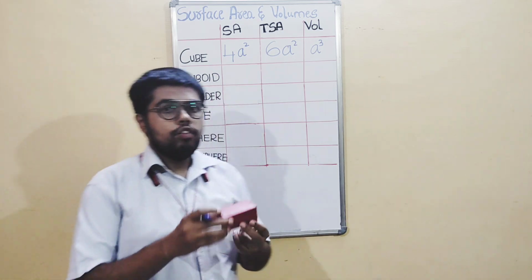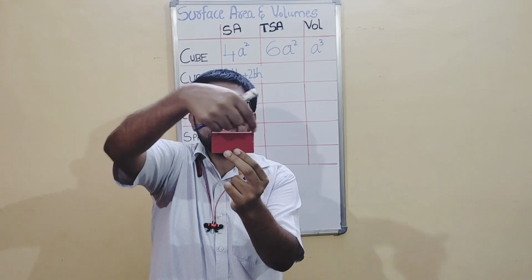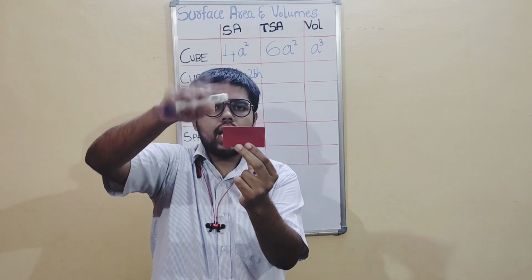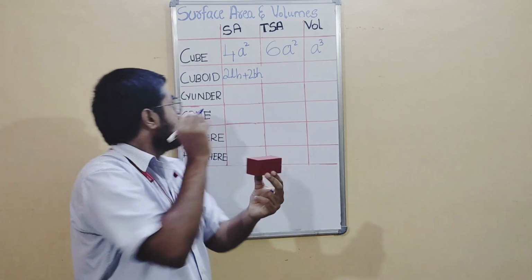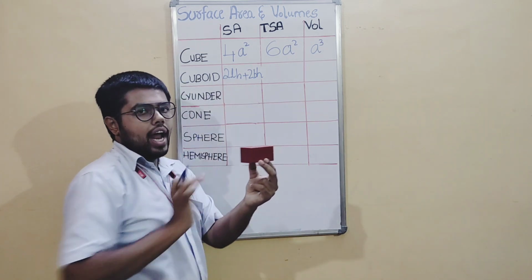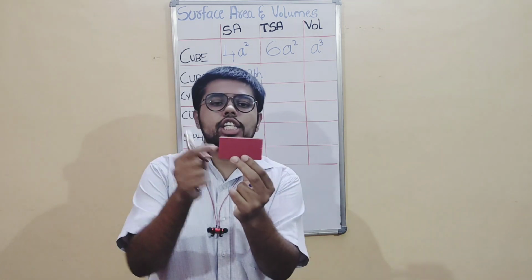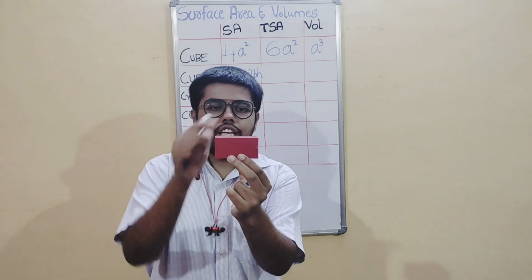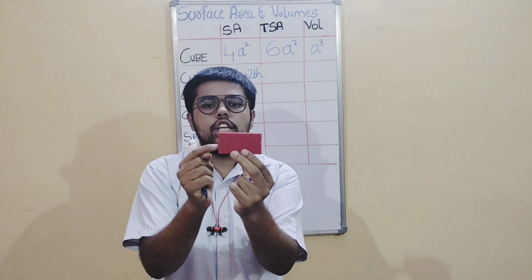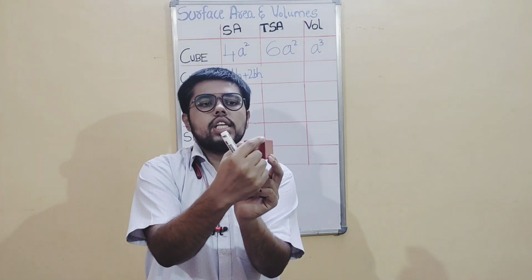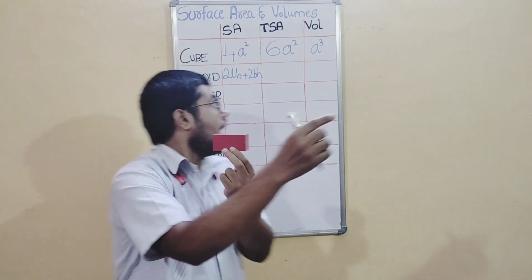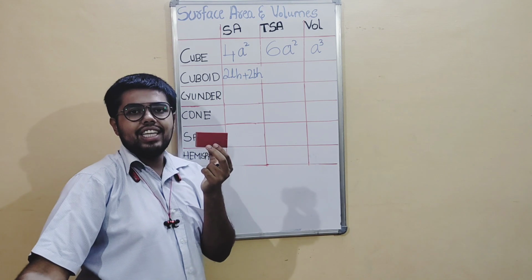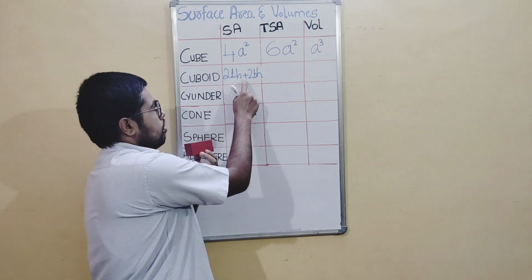Now for the cuboid, this face, if you see, is length into height, one time, and again one more face here, 2 times. So I will write 2 times length into height. Again, these 2 faces, how are these 2 faces? You can see, it is height and the breadth. So 2 times height and the breadth. That is why I wrote the formula like this.